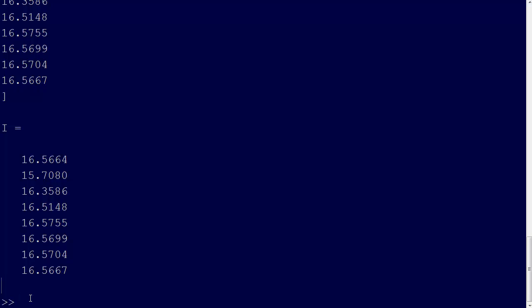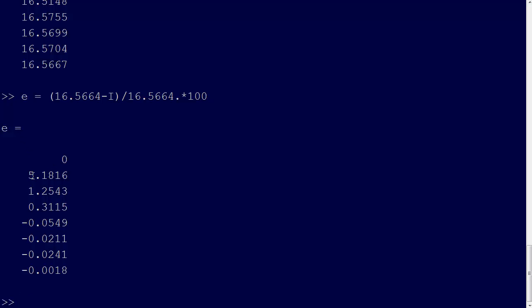And so we're going to say the error then, let's call that E, equals our true, which is going to be 16.5664 minus the estimate, so we'll just say minus I, all over the true value, 16.5664. And then we'll multiply that by 100. And here we go. 5%, 1.25%, 1.3115%,